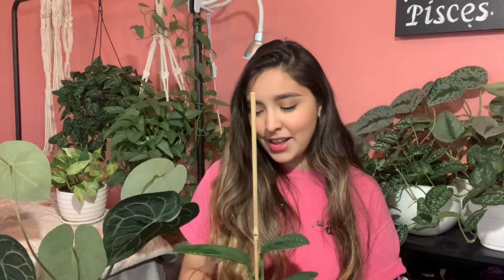I still really enjoy it, and I am hoping that the cutting that I took off of it will end up looking a little bit cuter than this plant, and then maybe I'll give this plant away or trade it away or something. But yeah, I really do love my Monstera. They're super cool looking. And then I think the last plant that I'm going to talk about is this Philodendron